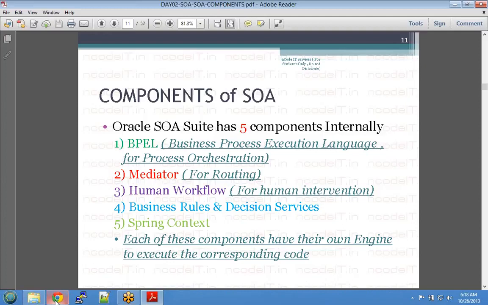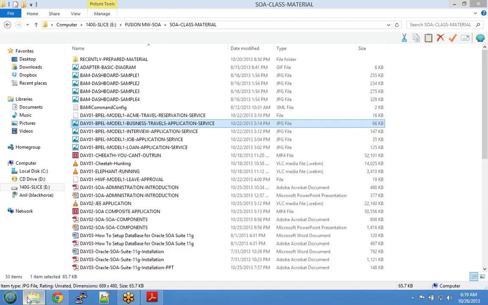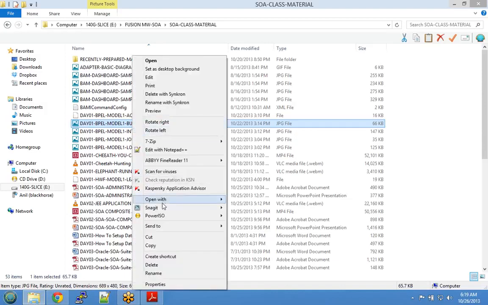Alright, so let's go into these components of SOA that we have just discussed. BPEL is the language in which all these things are written. The process manager is the one that actually executes BPEL. With a process manager, you will come across a term called orchestration. If you observe this diagram here,